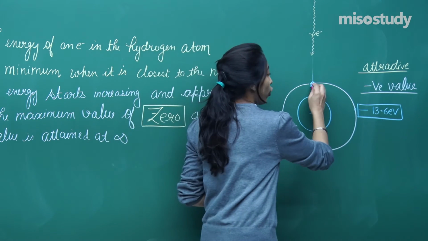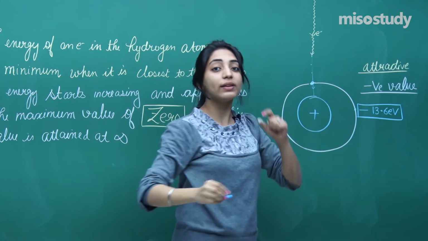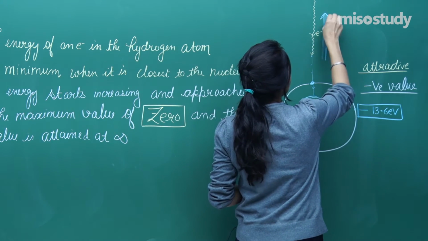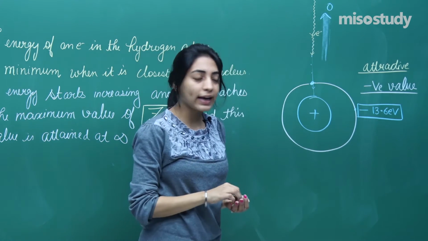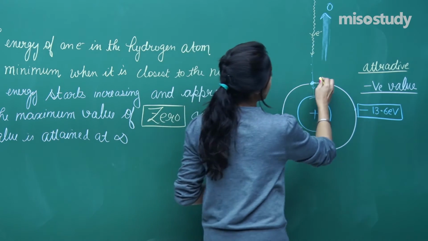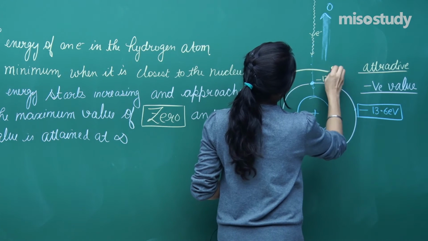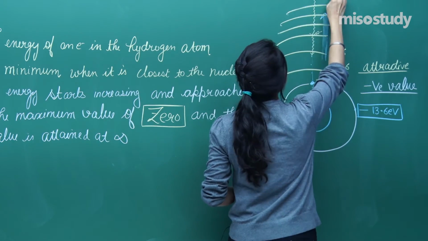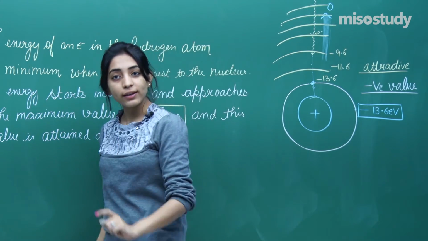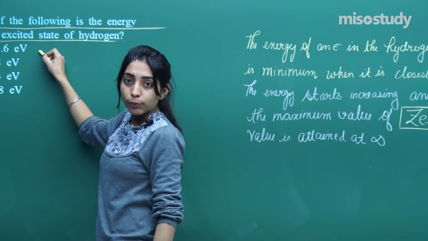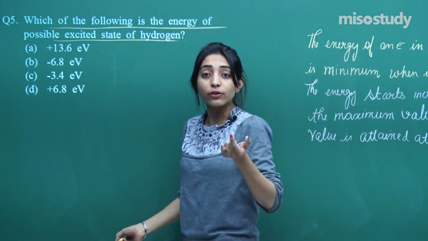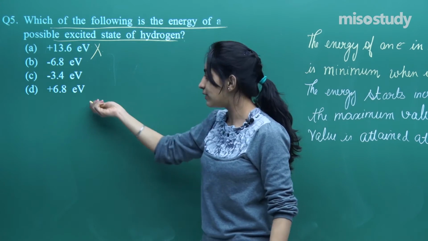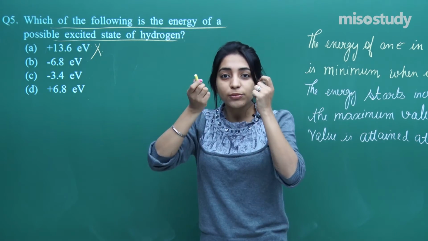Right? So if the electron is in the first orbit, the energy will be minus 13.6 electron volt. It cannot come closer. However, if it starts going above, the energy value should increase and become close to 0. So it should be approaching 0. Let us just guess any value: minus 13.6, minus 11.6, minus 9.6, and so on, and it should go to 0. Now look at the options. Option is plus 13.6. I said no. The maximum value that you can approach is 0, so this cannot be the answer. Next possible answer is, let's say, plus 6.8. No yaar, I said maximum is 0 means 0.